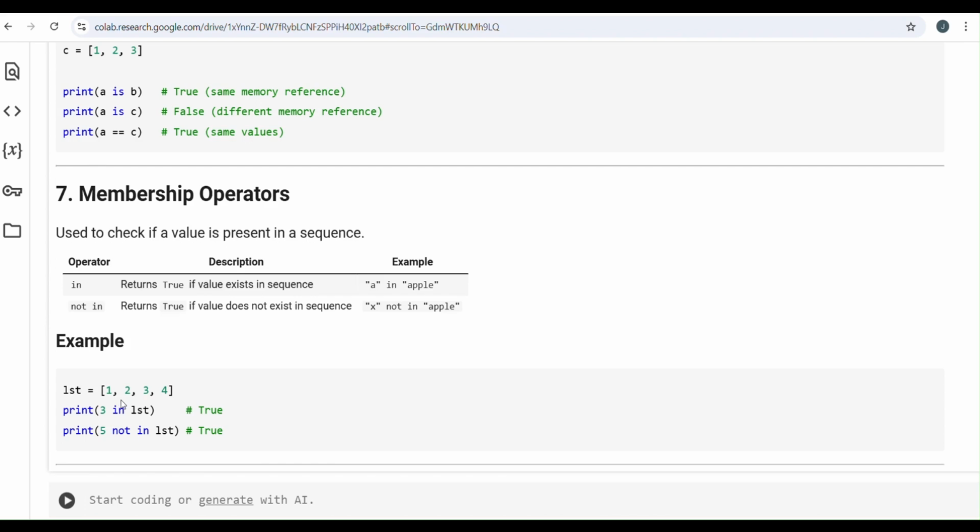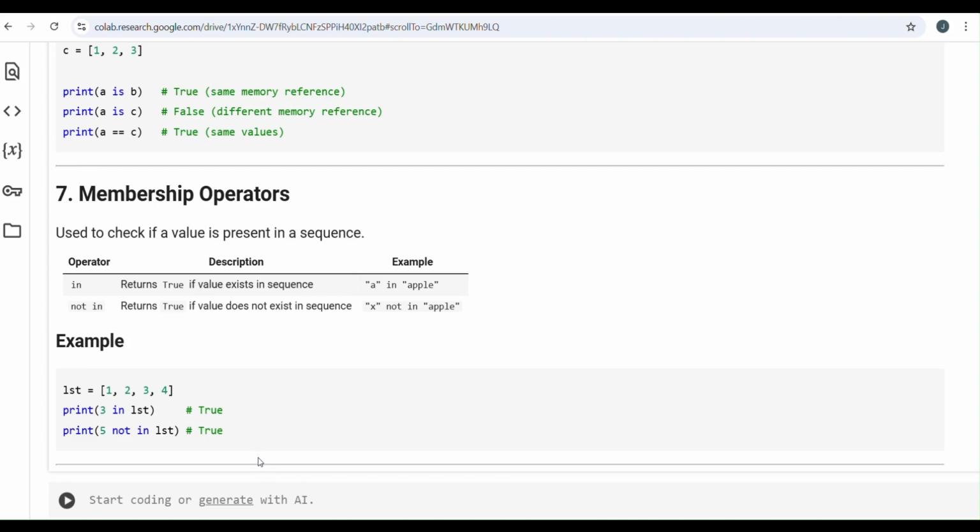Next, the same question I will ask in reverse manner. Is 5 not in the list? I am saying 5 is not in the list. See, the not in is the main thing here. It is not in the list. That is true, no? So that will return true. If I ask the list, is 100 not in the list? That time also it will return me true. If I say 1 not in the list, but 1 is there in the list, so this will not return me true. It will simply return me false.